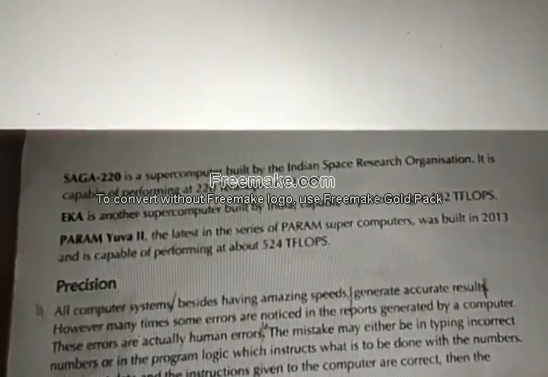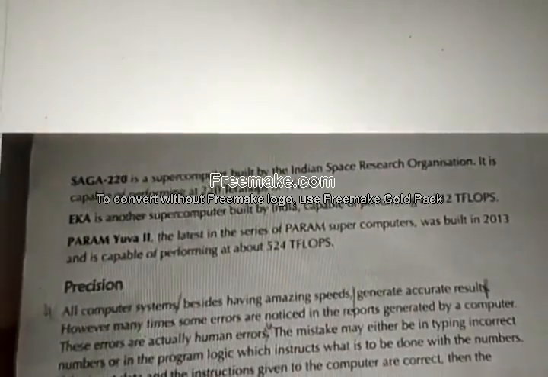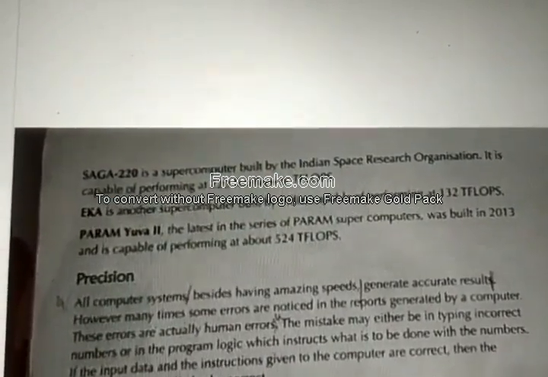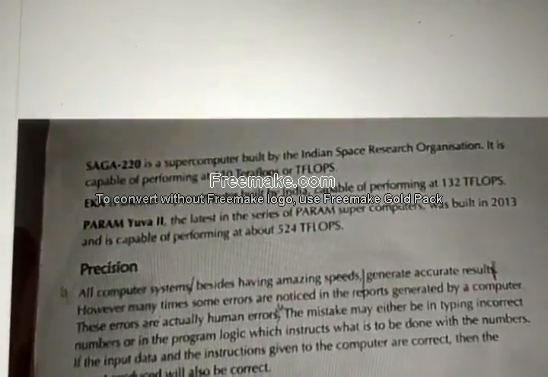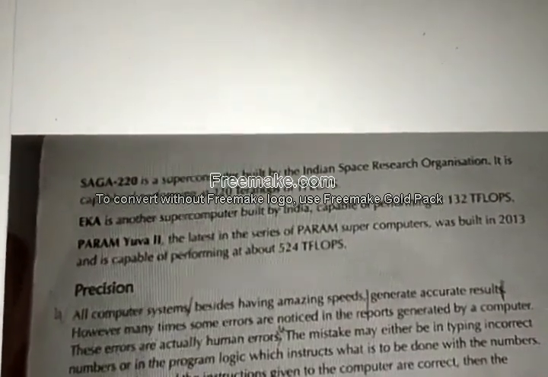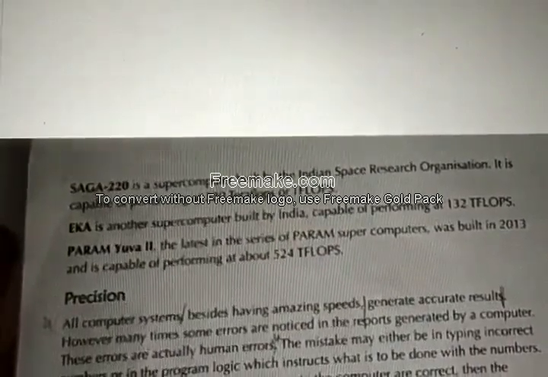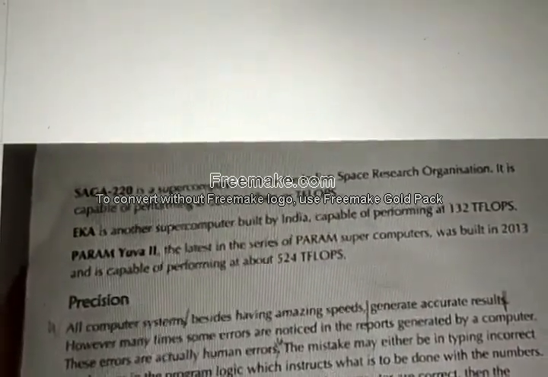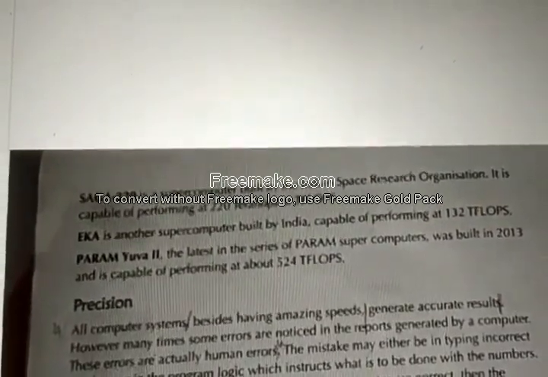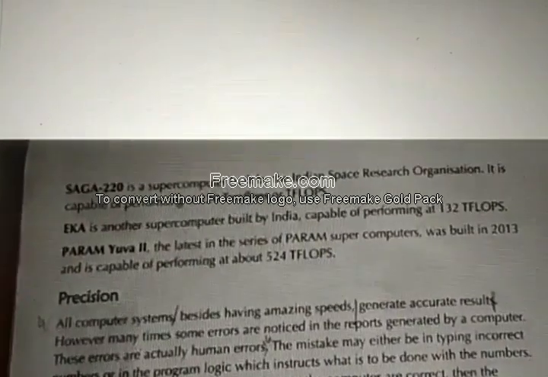So teraflops means what? It is not kiloflops, it is not megaflops, it is not gigaflops, it is teraflops. So, billions of floating points per second. If it is kiloflops, thousands of floating points. If it is megaflops, lakhs. If it is gigaflops, millions. Now this is FLOPS, teraflops. So billions of